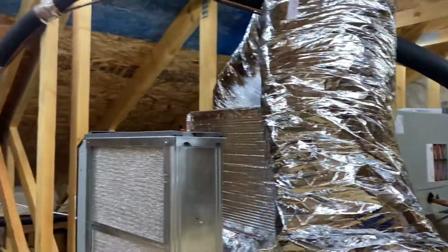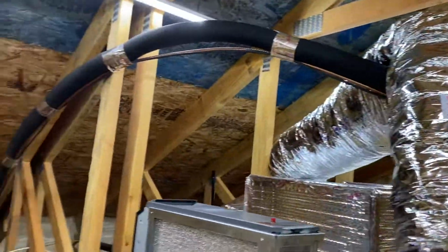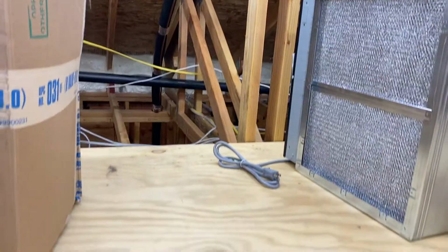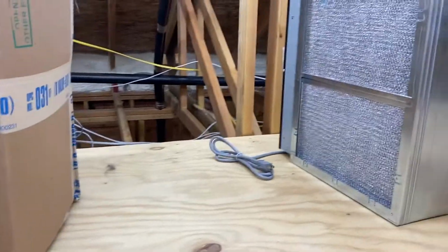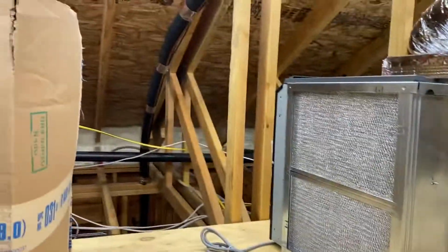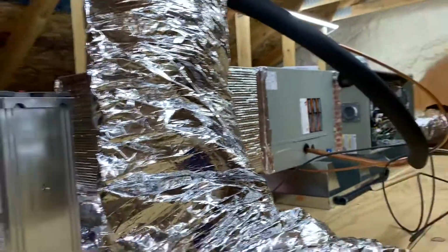So line set comes in, ties into it. It goes down through that wall under the crawl space around the new house, or under it, goes out to the condensing unit. So all I got to do is solder that, solder this line to the other one, and solder the unit. The AC is done. So as I go back,